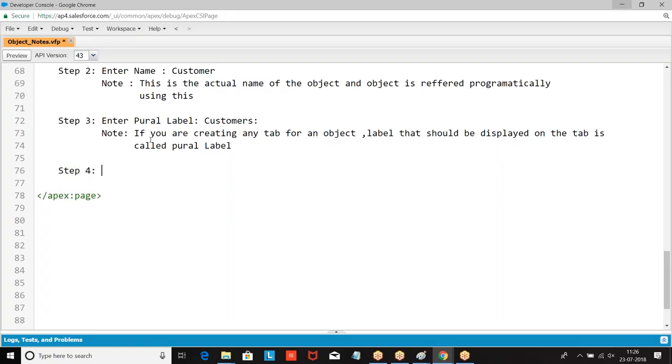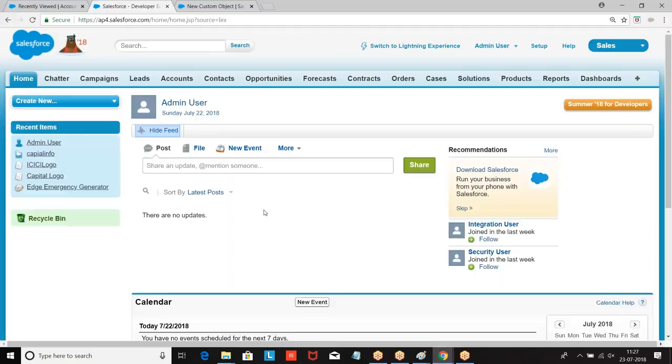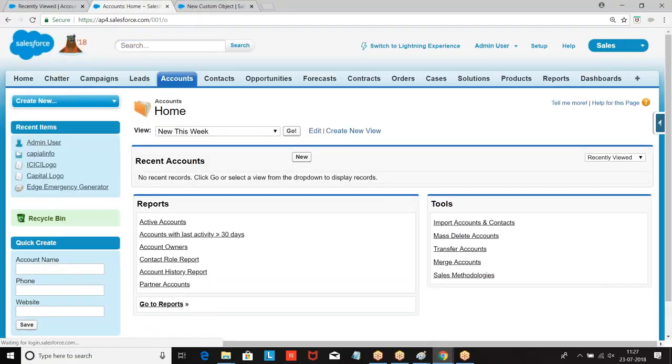Then we have context sensitive help. Now look at this. Salesforce by default gives one help link for every object here. What does it say?